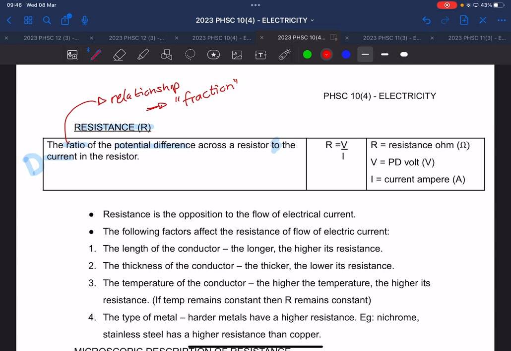Then it's 12 to 10. So there's 1.2 girls for every one boy in this class. Why don't we do it with the dot dot? We can do it with the dot dot, but I want you to just see it like this as well, because I know you've seen the dots in your life before. So if we say what is the ratio of potential difference to the current,